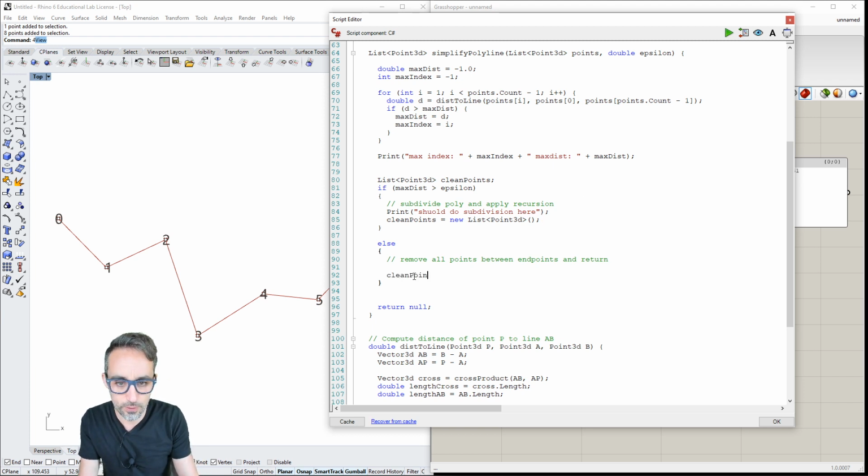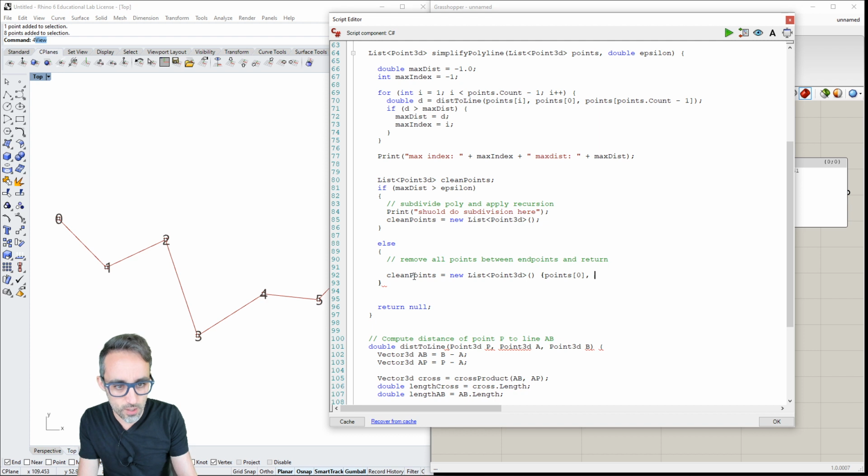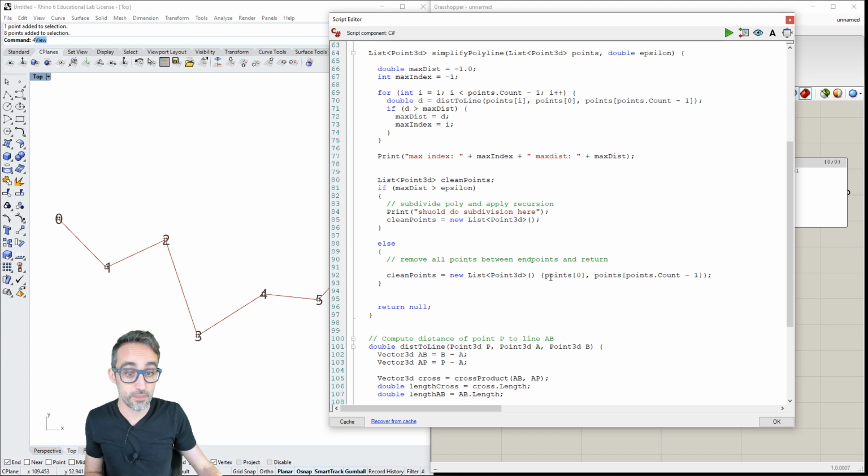So clean points is going to be equal to a new list of Point3D objects that I can initialize with two points. One of them is going to be the first one on the list, and the other one is going to be the last one on the list, so it's going to be points.Count minus 1. I'm not sure if you're familiar with this kind of syntax.